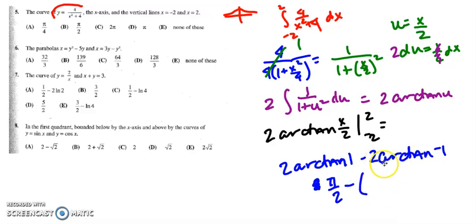Minus, and then 2 times arctan of -1, which angle gives us tangent of -1, and that will be negative pi over 4. So 2 times negative pi over 4 is negative pi over 2, and you see here I have pi over 2 minus a negative pi over